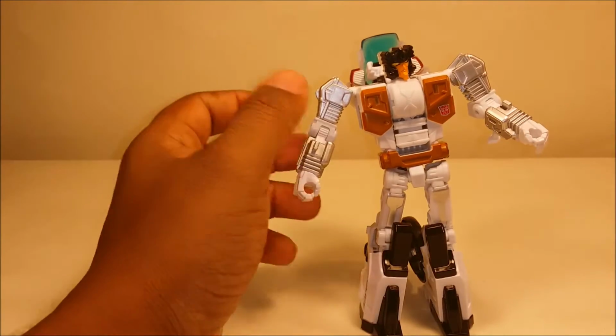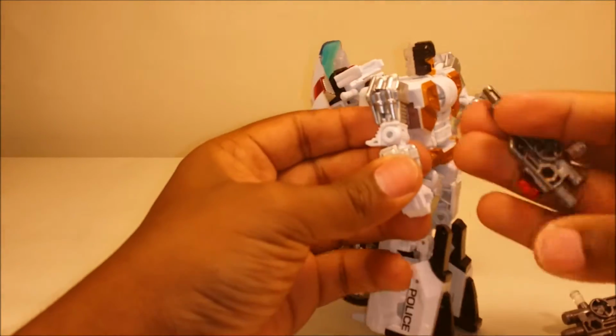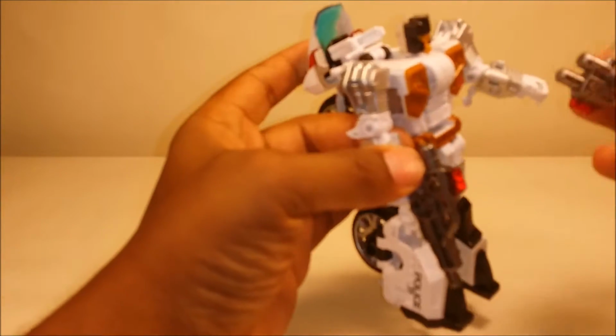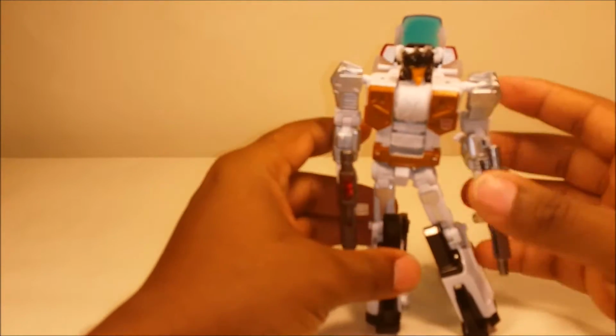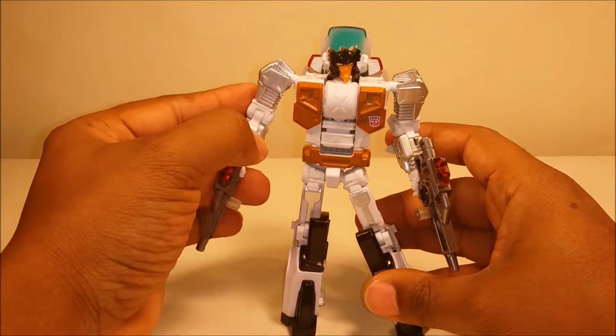He can hold both of his weapons. You can put them in his hands like so. And there you go with his two guns,